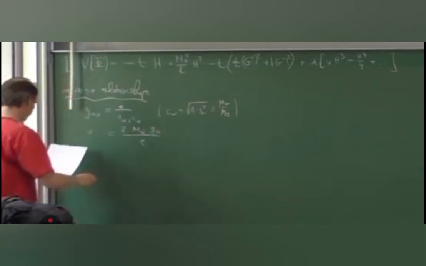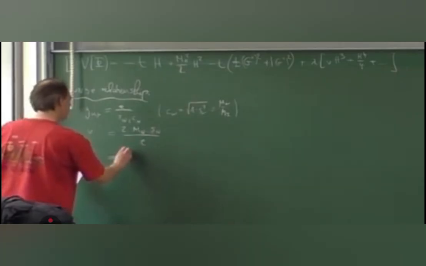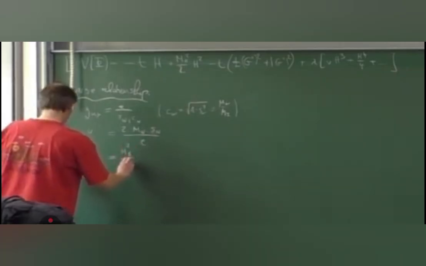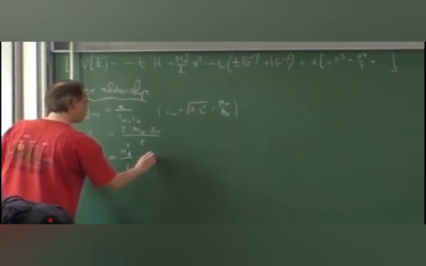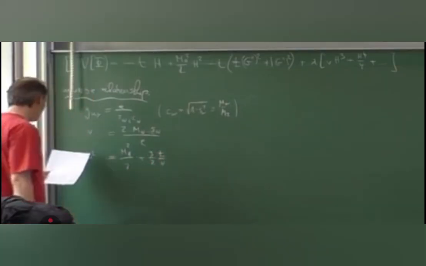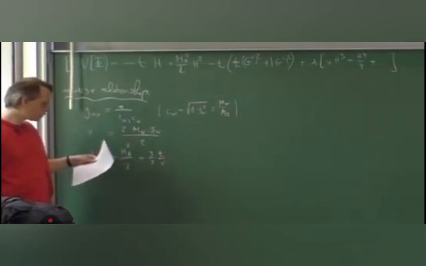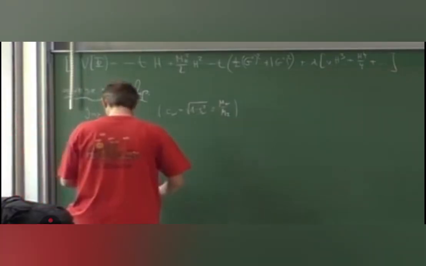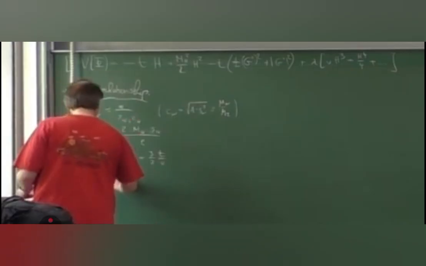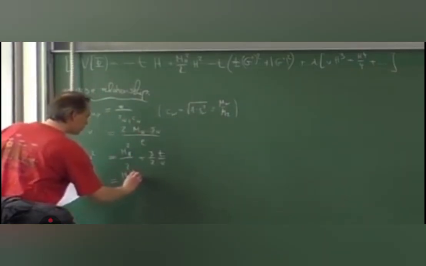The mu squared parameter is given by m_h squared over 2 plus 3 over 2 times tadpole divided by v. And here this v could also be eliminated by using the previous formula. And the original lambda parameter is given by m_h squared